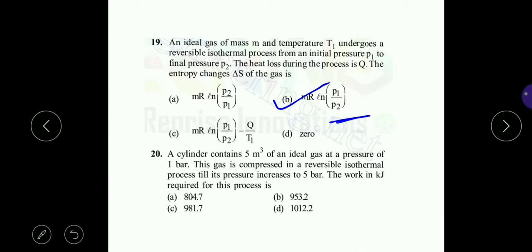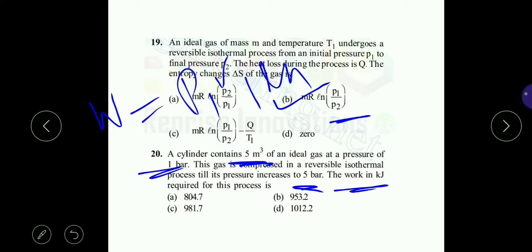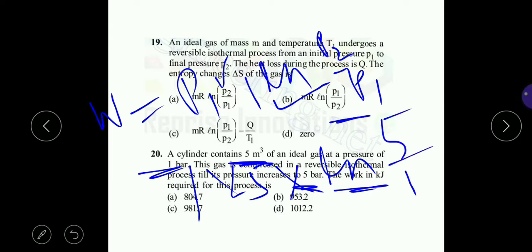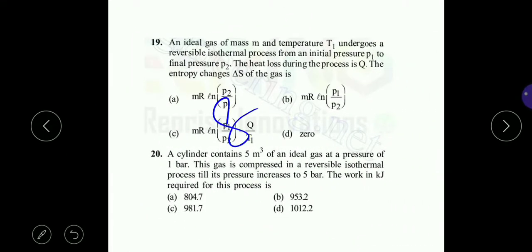Then moving to the next and last question. A cylinder contains 5 meter cube of an ideal gas at a pressure of 1 bar, and the gas is compressed in a reversible isothermal process till its pressure is raised to 5 bar. Work required: we have already done this type of calculation. W equals P1 V1 ln P2 by P1. So everything is given here. P1 is 1, V1 is 5, into ln P2 by P1, that will be 5 by 1. So this will be ln 5 and multiply. So you can calculate. This will be equal to 8.047